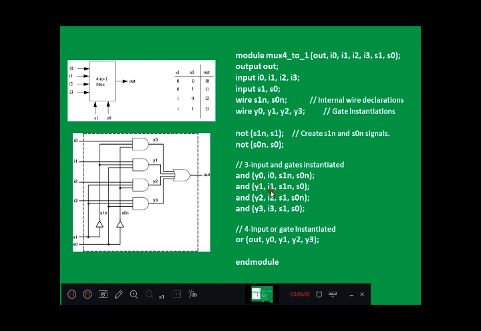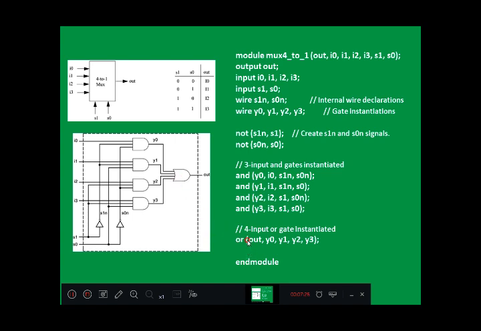So for this gate, 0 0, then it should be 0 1, S1n and S0. 1 0, S1, S0n. 1 1, S1, S0, like that. I0 to I3 inputs, Y0 to Y3 outputs first. Such four instances of AND gate we have used here. Two instances of NOT gate we have used, and we require only one OR gate, which is 4 input.